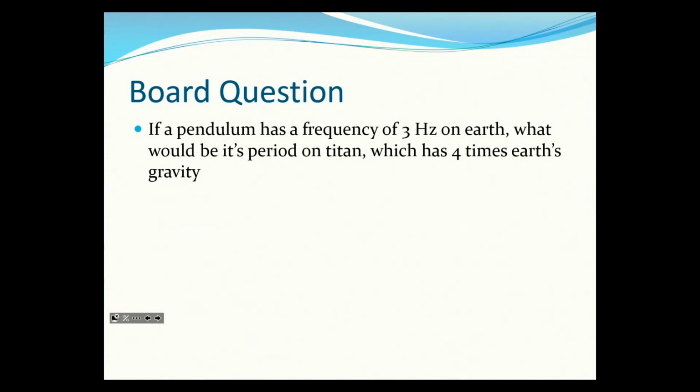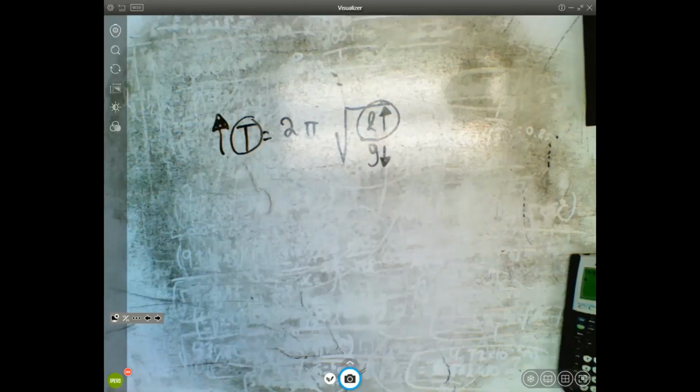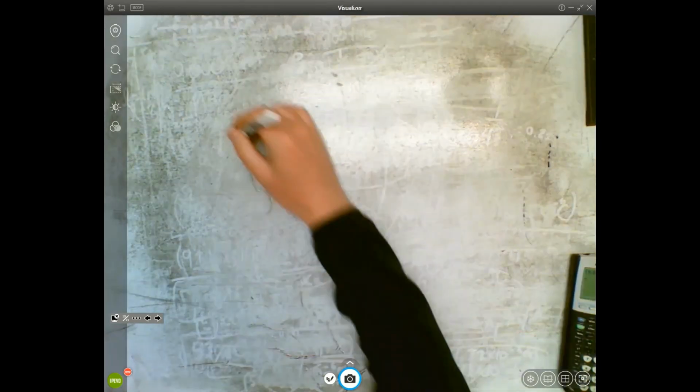So if a pendulum has a frequency of 3 Hertz on Earth, what would the period be on Titan, which has 4 times Earth's gravity? So try this out, see if you can do it, and I will go through it right now. So there's 2 ways to do this question. There's an easy way and a hard way. And the easy way to do this